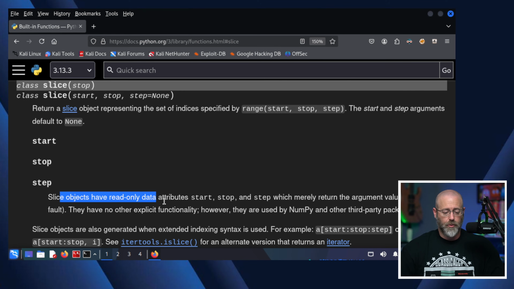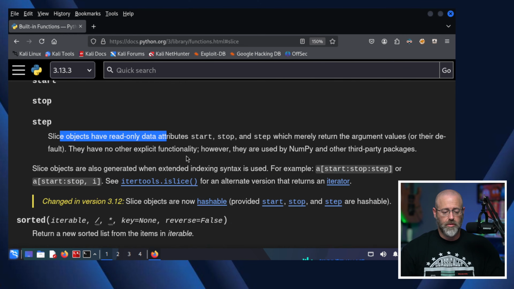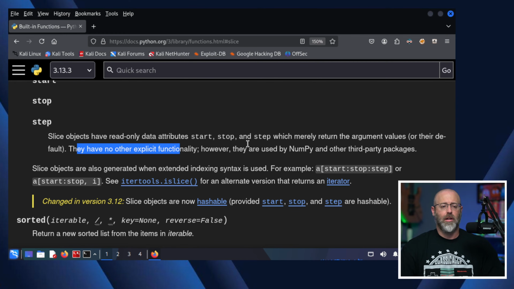Slice objects have read-only attributes. That's fine. Start, stop, and step, which merely return the argument values or their defaults. They have no other explicit functionality, blah, blah, blah. So the interesting thing about this is that we can use that in our